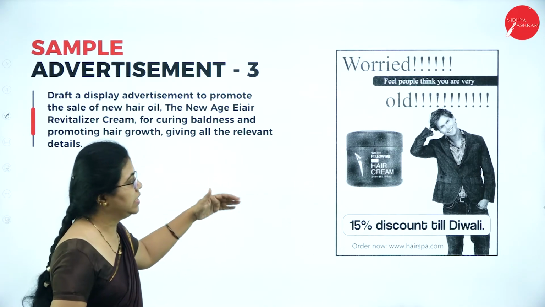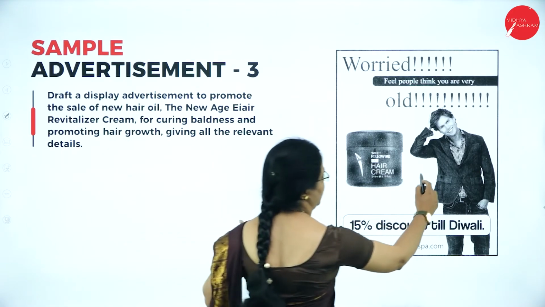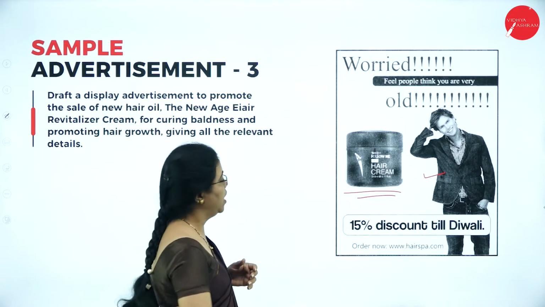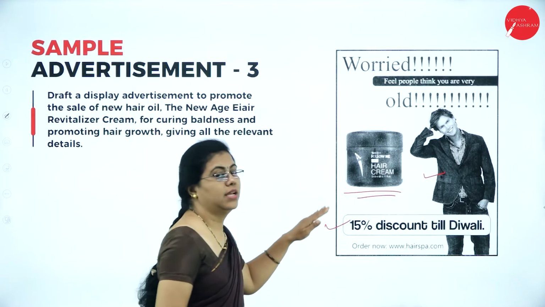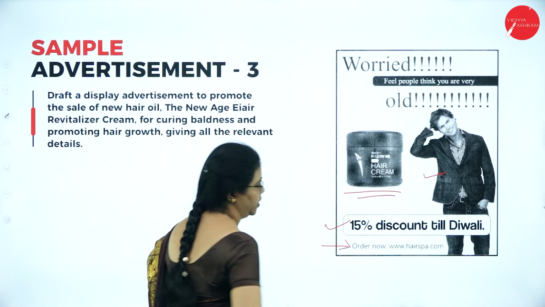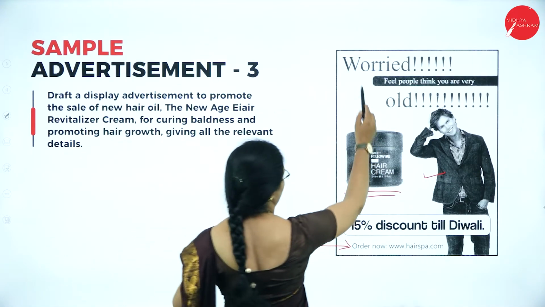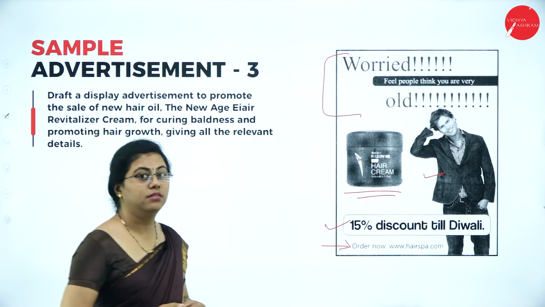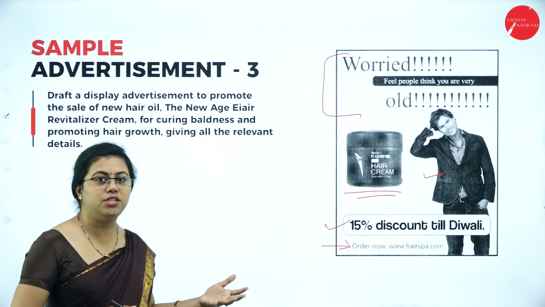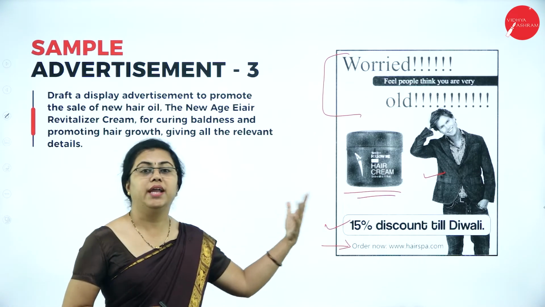So as soon as you see that, the advertisement itself is speaking. Okay, you have the pic of that person who has used it also. You have the pic of that cream also. Okay, you have 15% discount. That is the details that has to be given there. Okay, so now where you can order, that is also there. Okay, then you have other things also to motivate you. Worried? So people think you are very old because the hair is fallen down, that is you are becoming bald. So all these details will help you to get motivated.